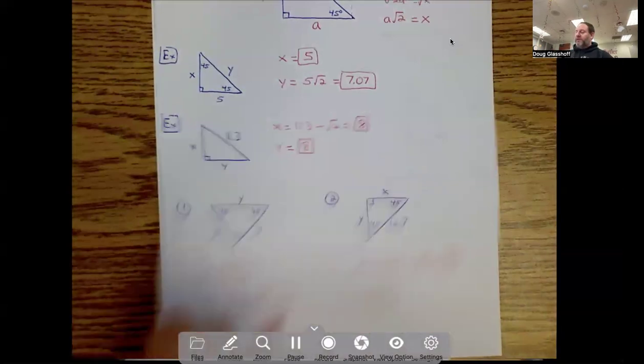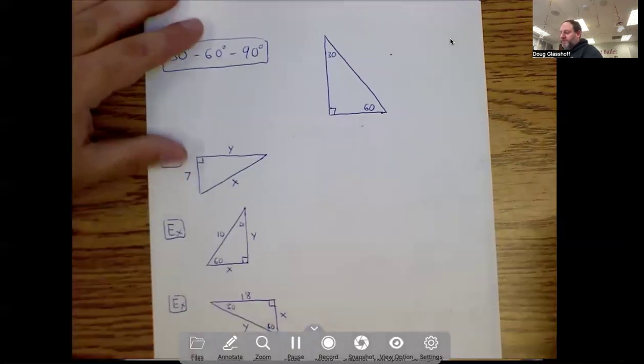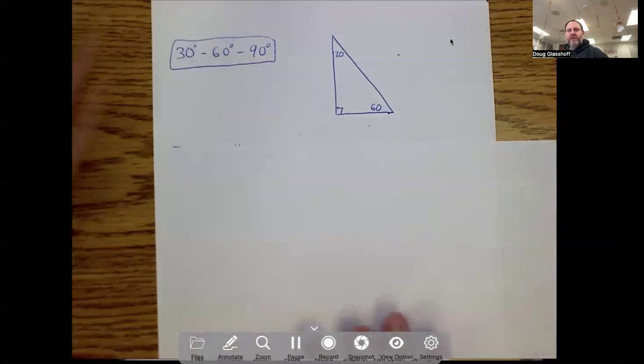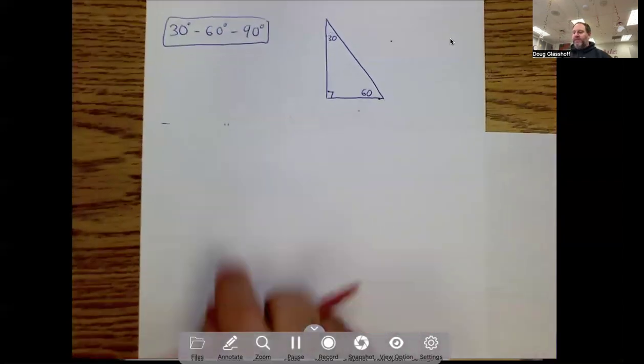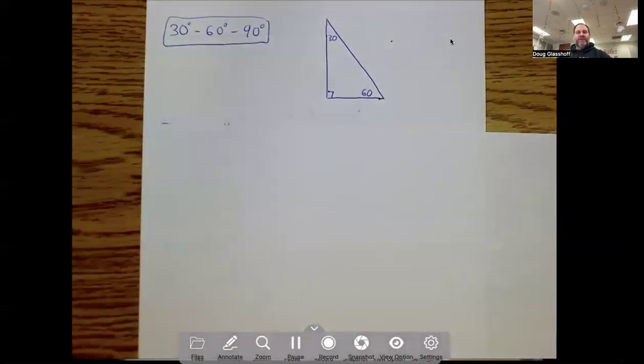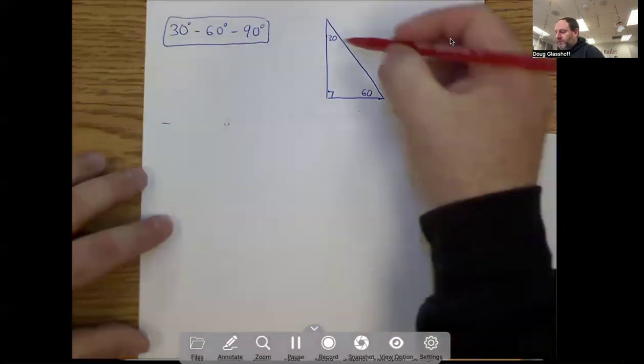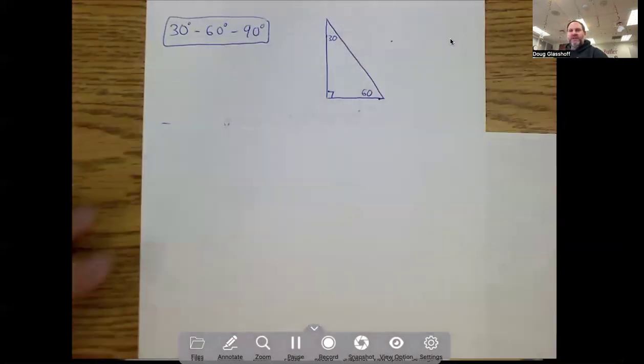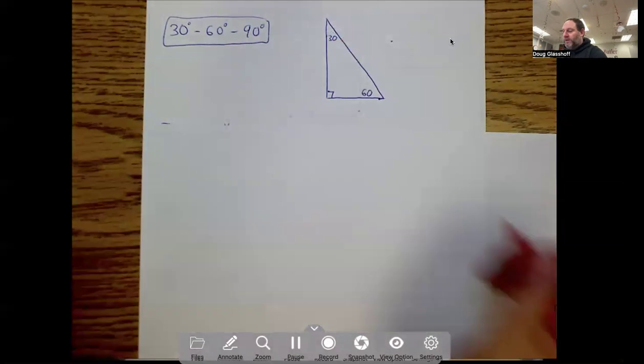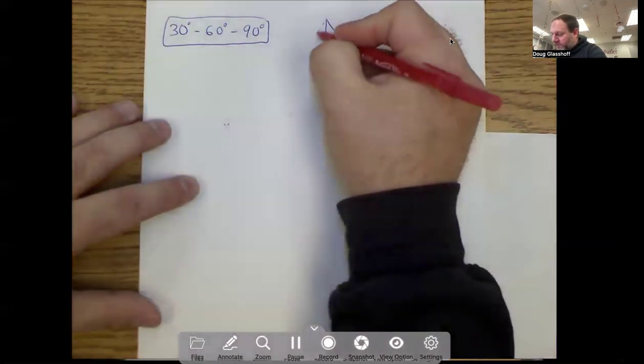All right, let's take a look at the next one. You'll notice on this one, again, we have a special right triangle. Again, it's named off of its angles, 30, 60, 90. So what we're going to do is take a look at this. The other one was half of a square. On this one, you're going to notice